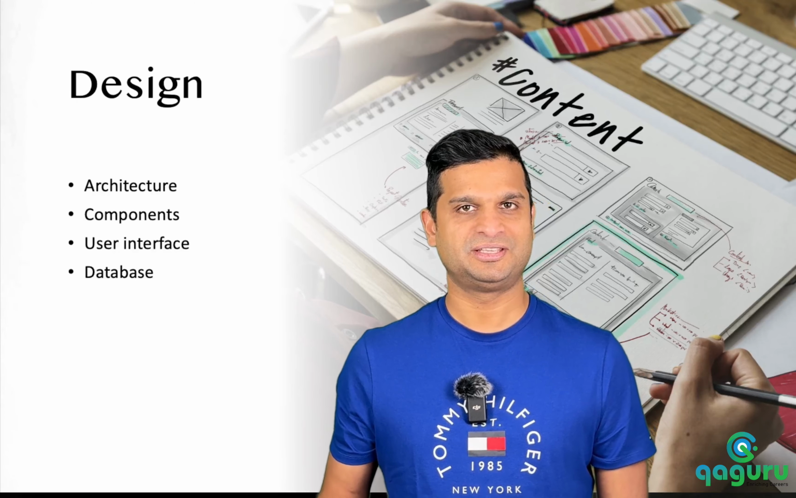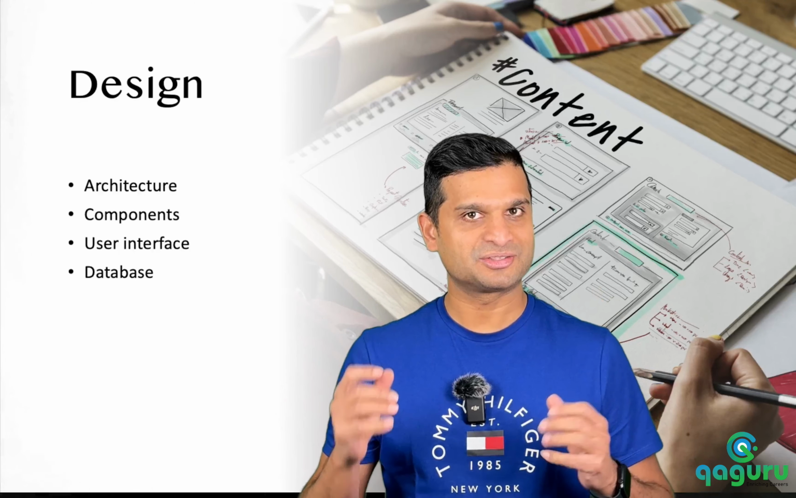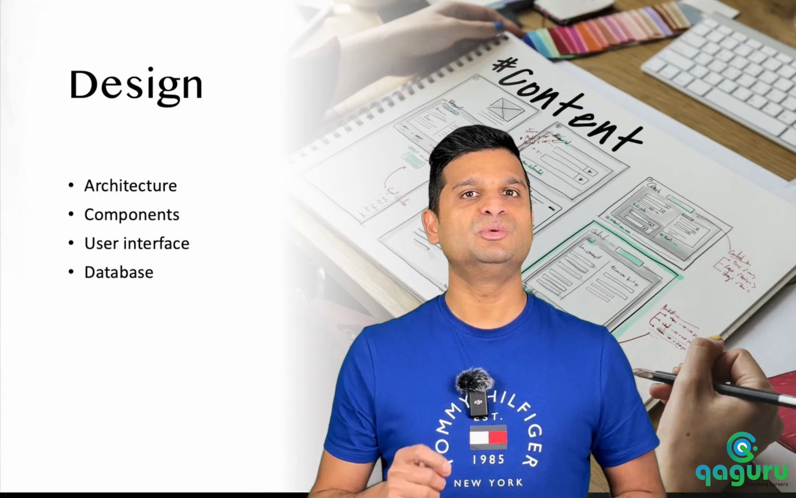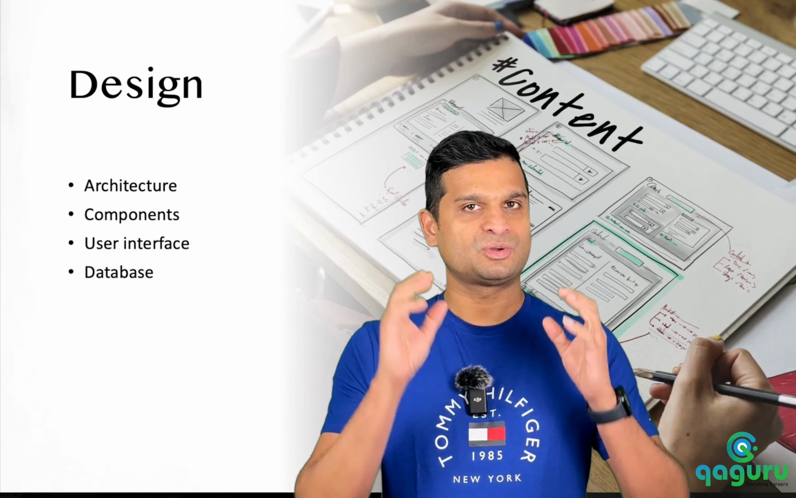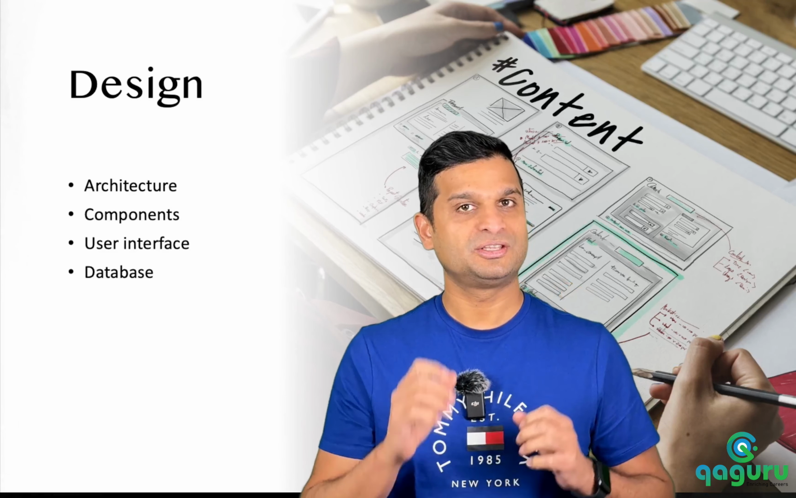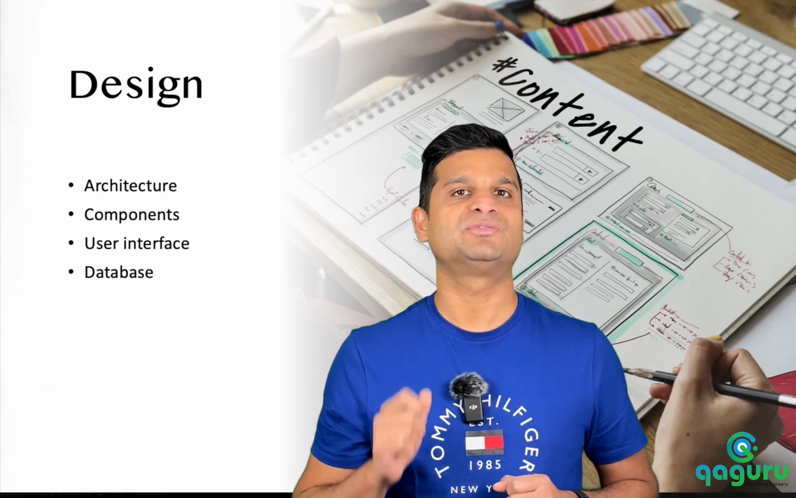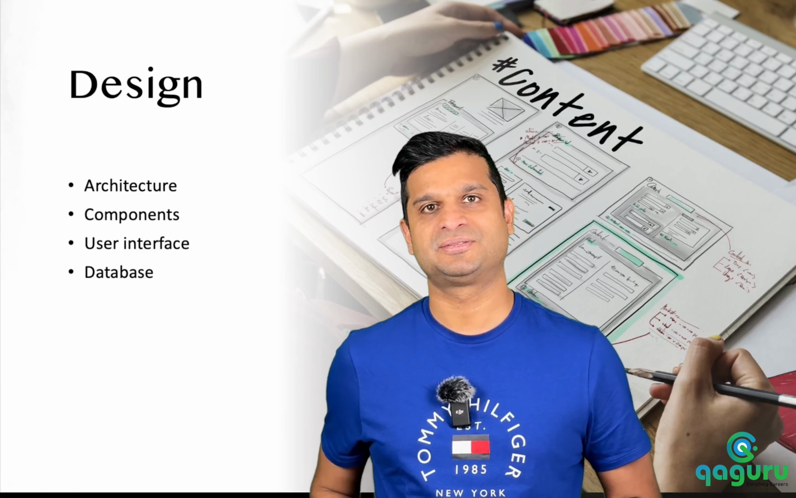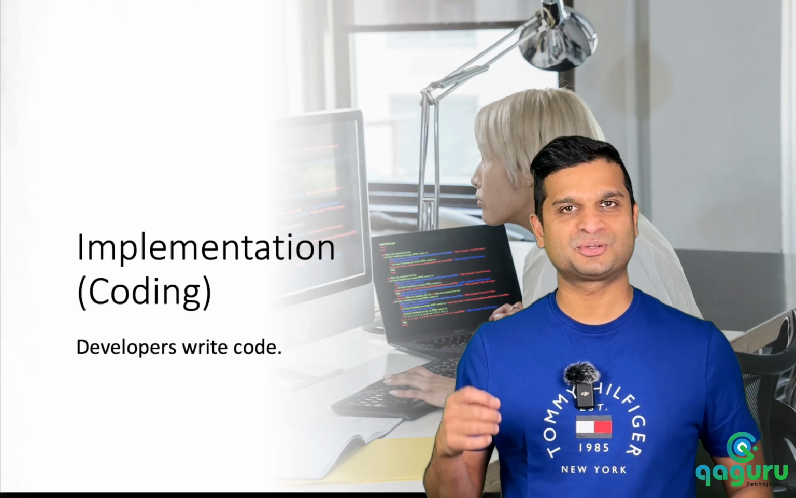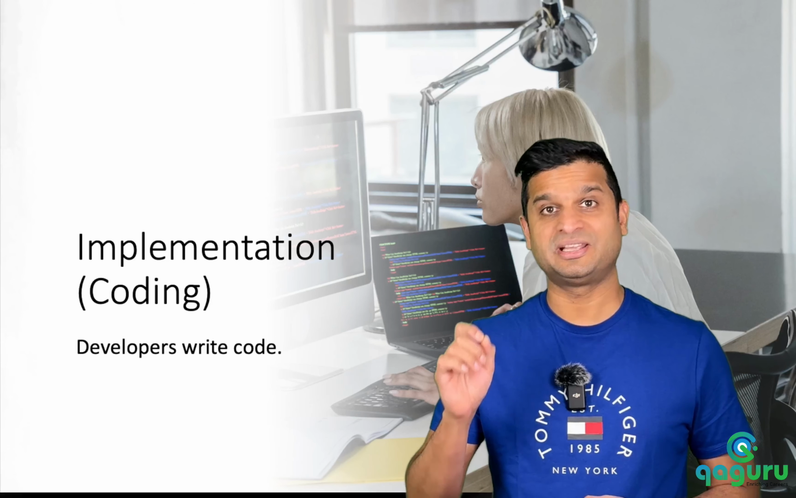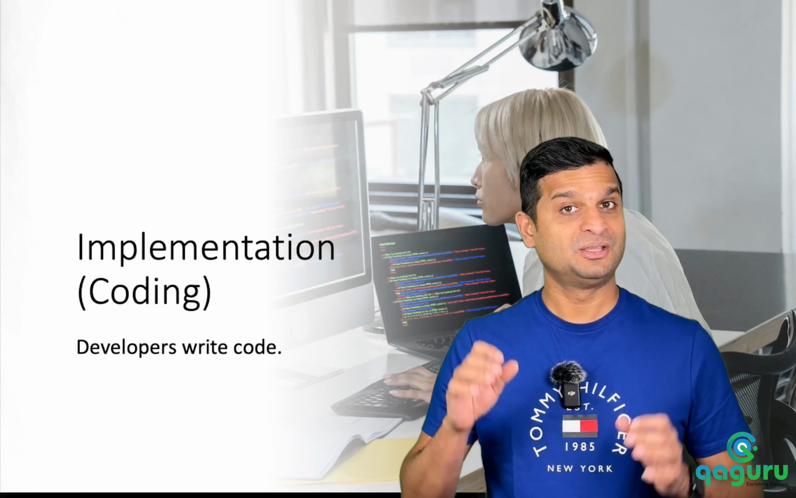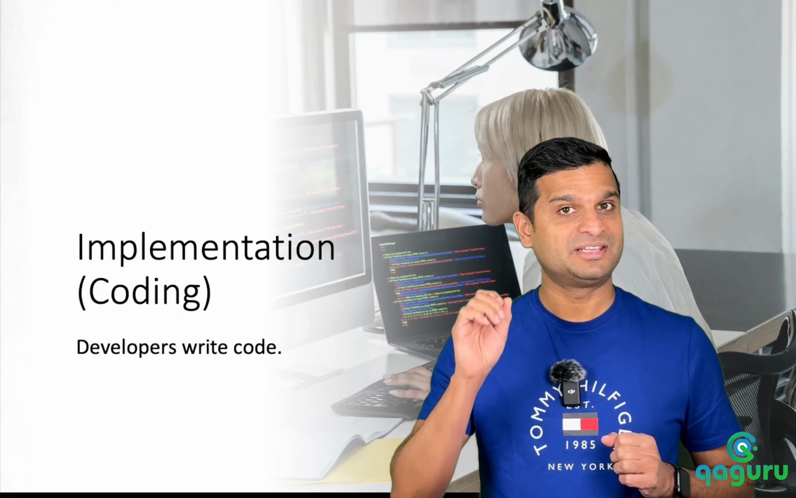In the design phase, we plan the software architecture and system design. It includes designing the software structure, components, user interface, and database based on the requirements we collected in the analysis phase. In the implementation or coding phase, developers write code as per the design specification with a focus on application's